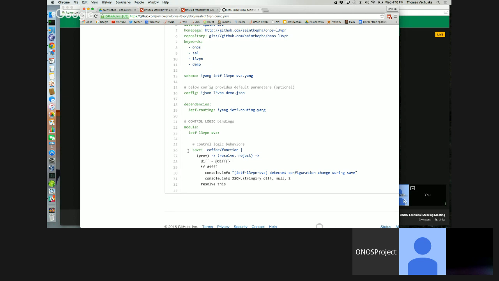But maybe at the service level, where you have some customer who's going to be writing code, it's easier to teach him CoffeeScript and the ability for him to try out things quickly and not have to go through a rebuild of the whole controller or a rebuild of an application and re-inject it may have some advantages. I think